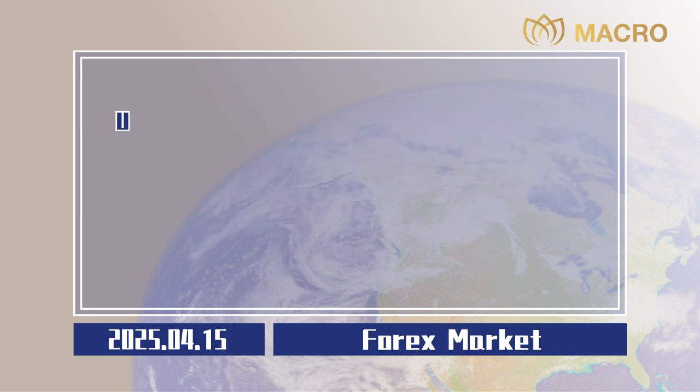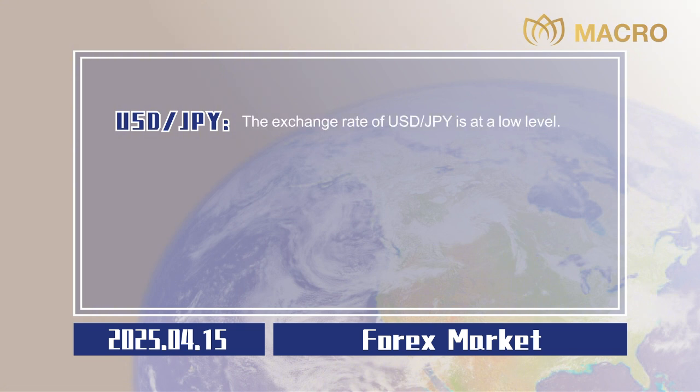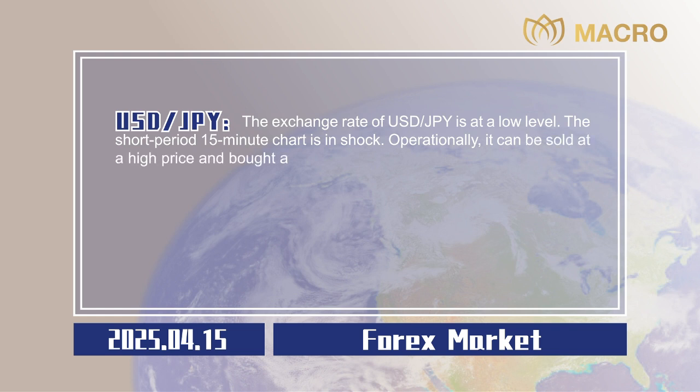0.0020. US dollar to Japanese yen. The exchange rate of US dollar to Japanese yen is at a low level. The short period 15-minute chart is in shock. Operationally, it can be sold at a high price and bought at a low price in the interval of 142.75 to 143.60. If the market breaks